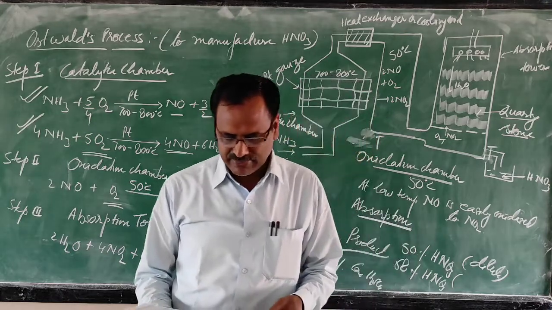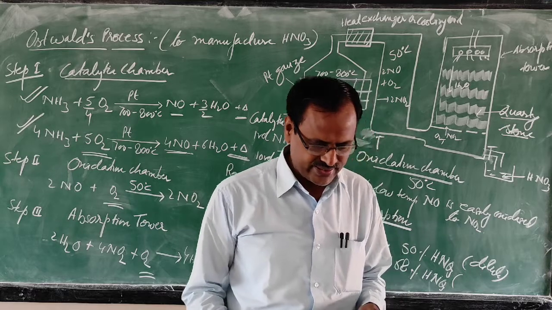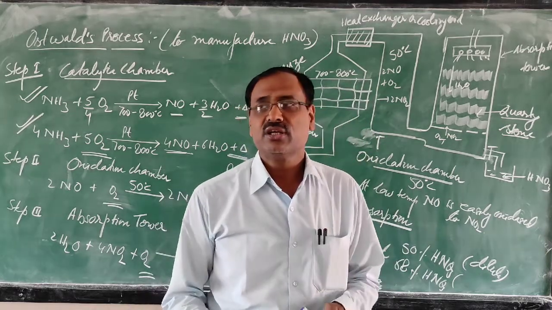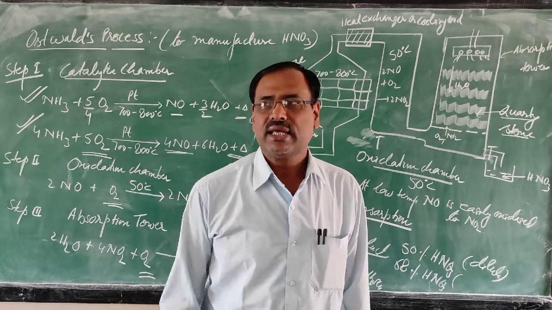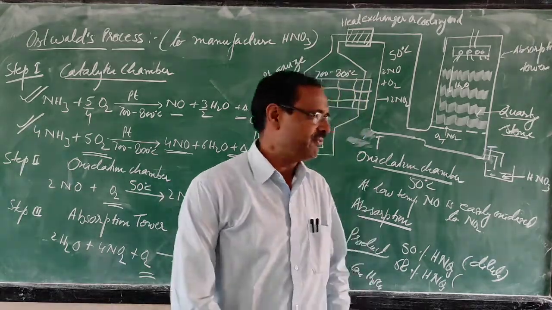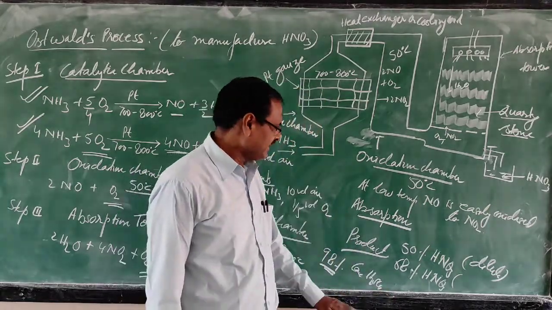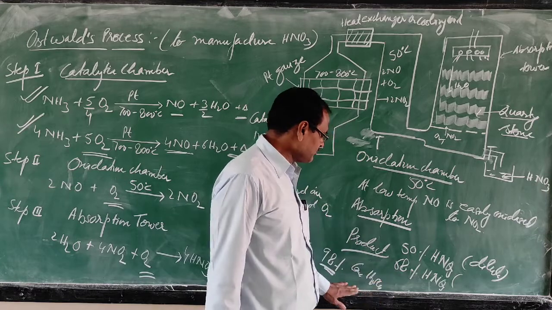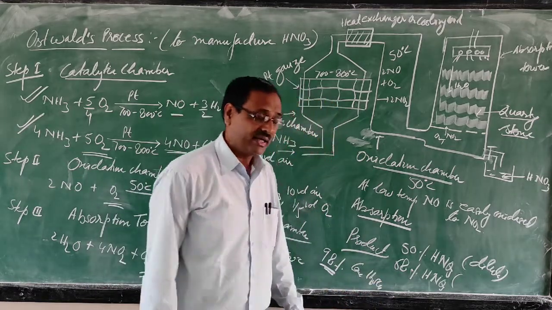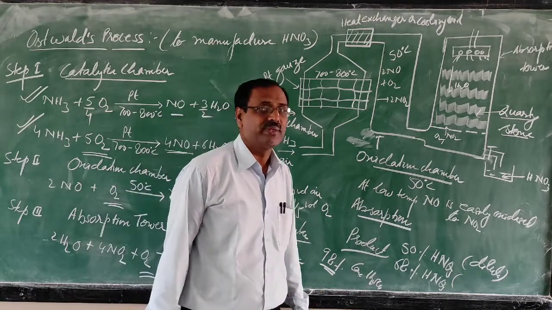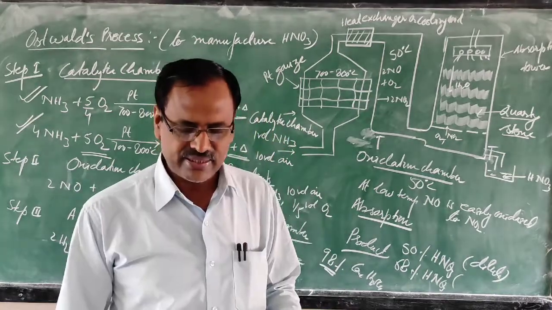The second point is distillation. Distillation or boiling cannot be used to concentrate nitric acid beyond a certain concentration. You can concentrate nitric acid up to 68%, because at 68% it forms a constant boiling mixture. But if you want to concentrate it further, you can do so using concentrated sulfuric acid. You will get 98% nitric acid, and this is called fuming nitric acid. Up to here you can study, and next we will take up the next topic.